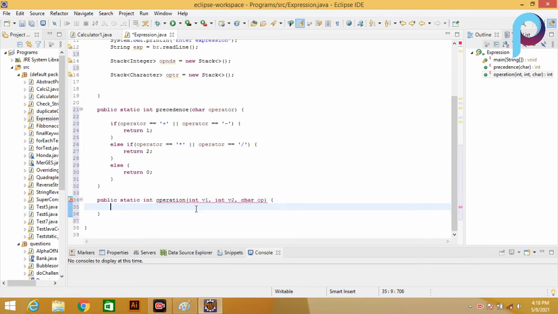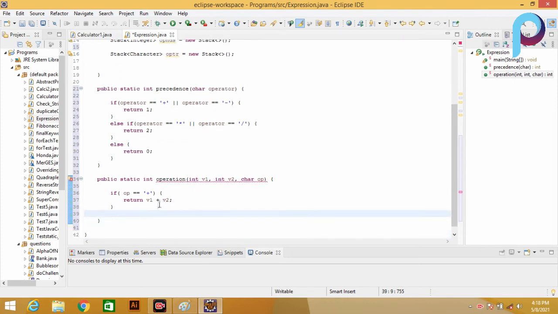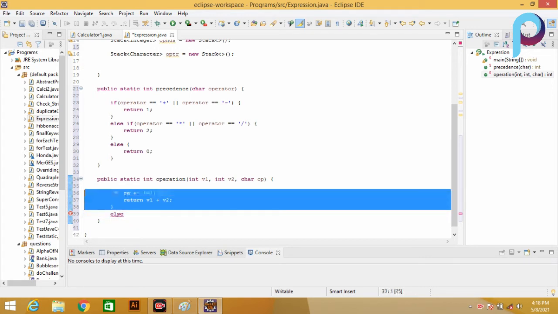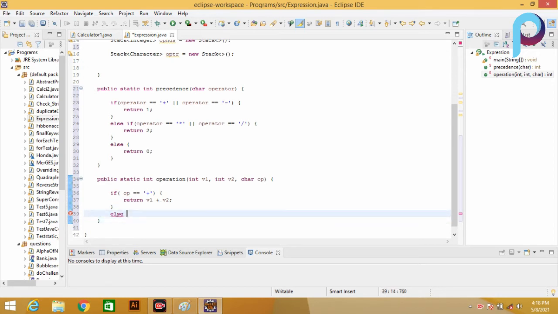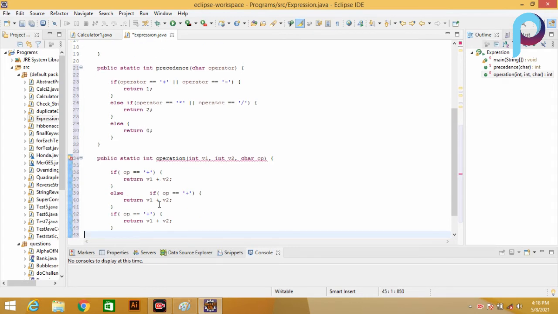So now according to the op we have to perform: if op equals plus, then we return v1 plus v2. Else, just copy it from there and make it for minus, for multiply, and for divide.